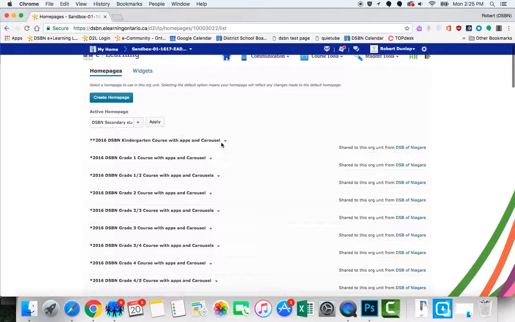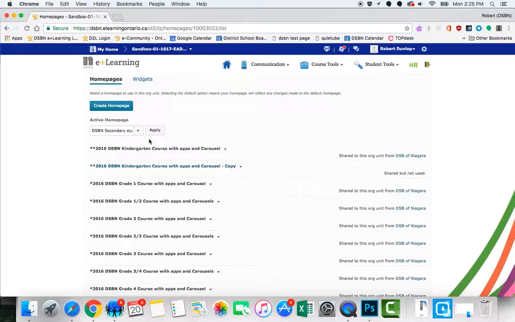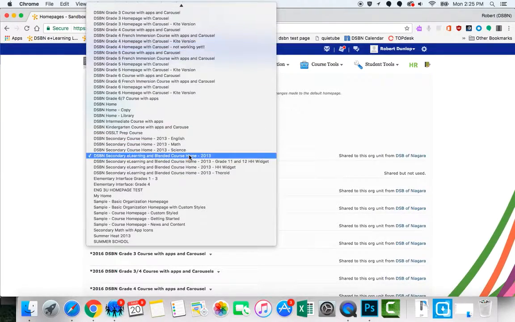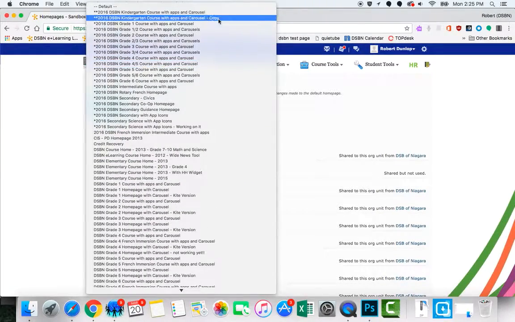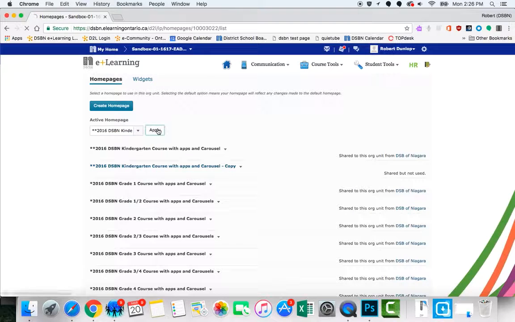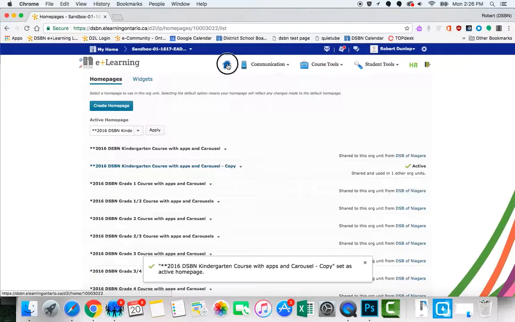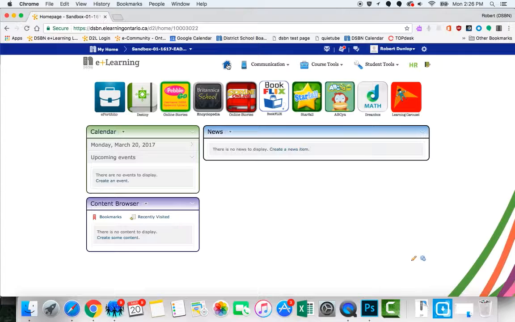So say they're teaching kindergarten, they just make a copy of that. They don't have to make a copy, but if they want to be able to edit it, they do. They select that copy from the list. So see, there's the copy there, and then they apply it. Once they apply it, when they go back to their class, here are the most common links that they use